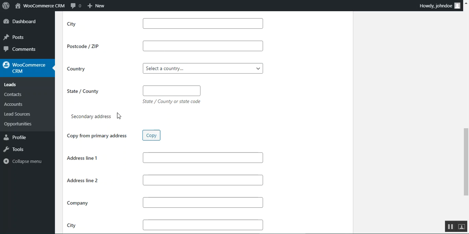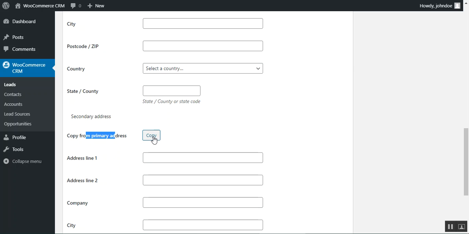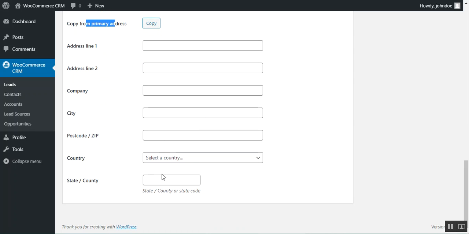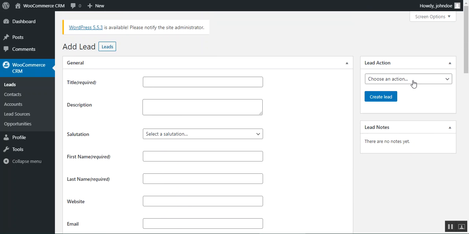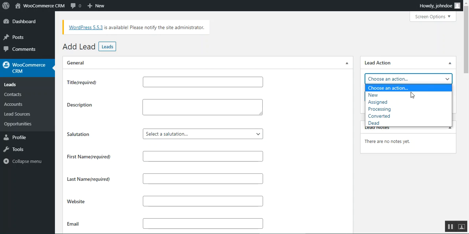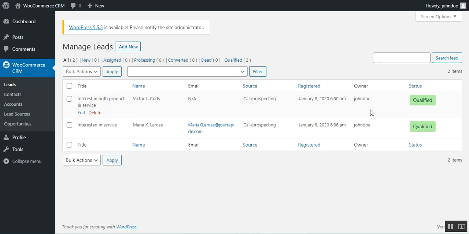the customer. You can also copy the secondary address from the primary one by tapping here on the copy button. And after you've finished adding the address and the details for the lead, you'll have to choose the option from here. For example, you can choose it as a new one and tap here on the create lead button, and that particular lead would be created and added to the lead section here. And so if I go back to the add new